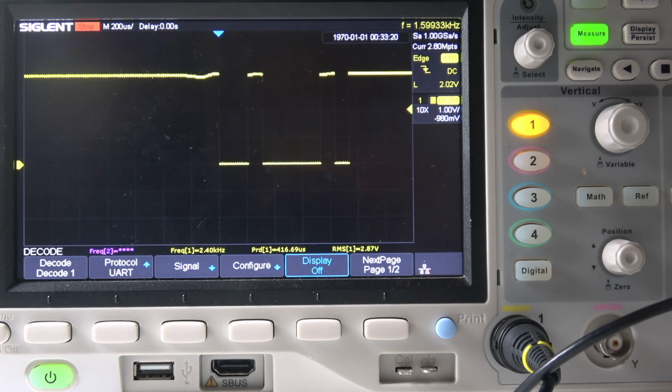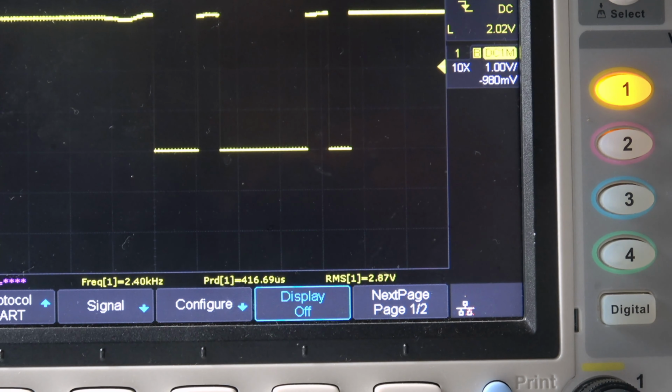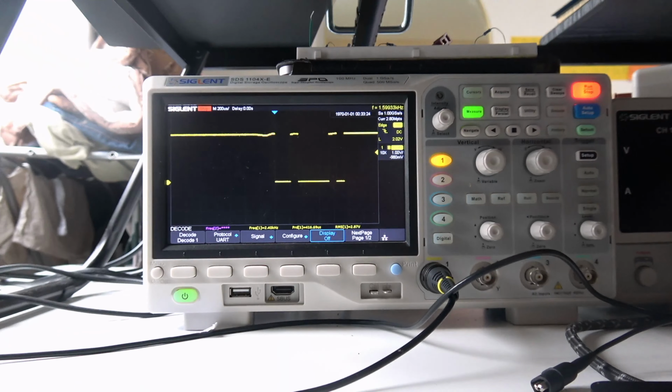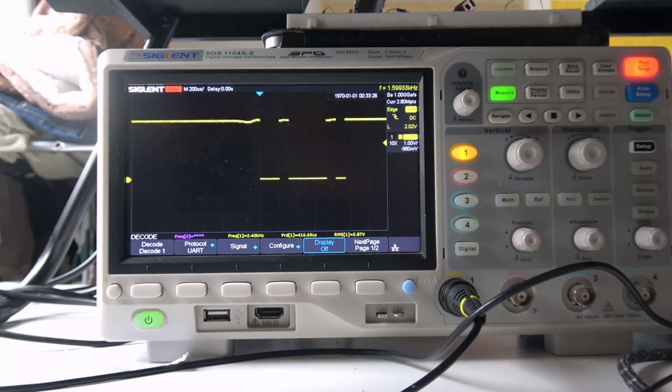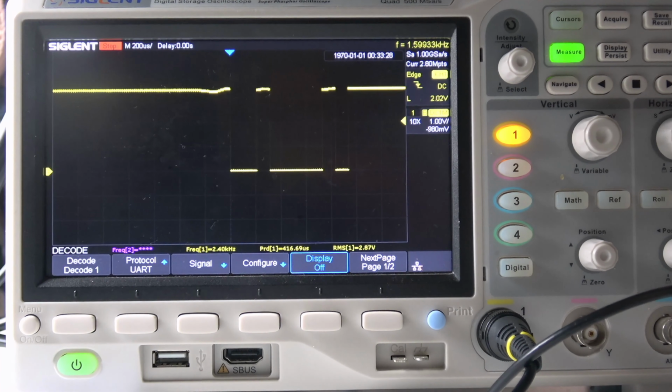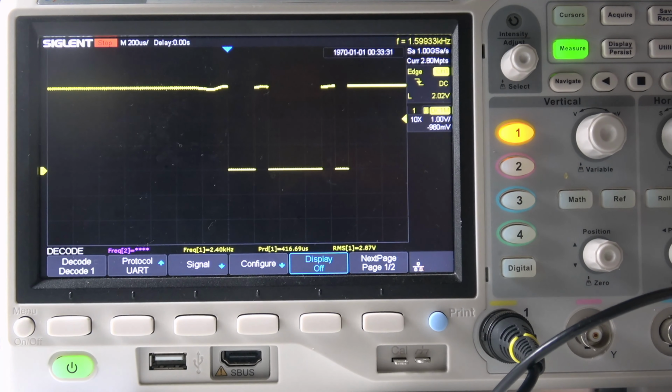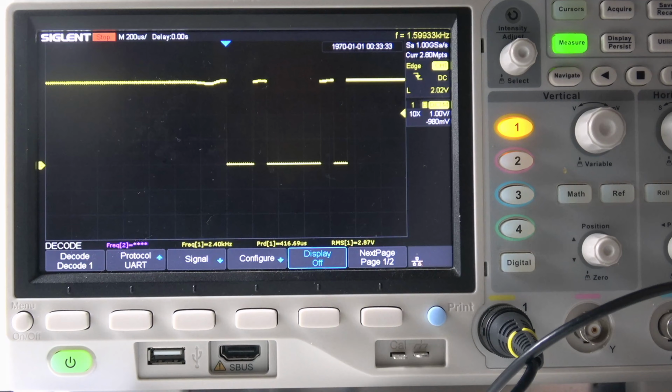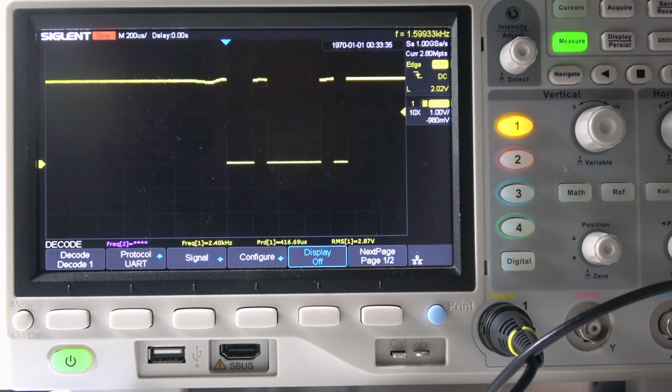So that is my workbench. Let me just zoom out so you see a bit of it. I want it to fill the whole screen. Yes, I think this is okay. So this is my oscilloscope, and I'm going to show you the setup I've done so that you can also do the same thing. So let's go to the desktop,